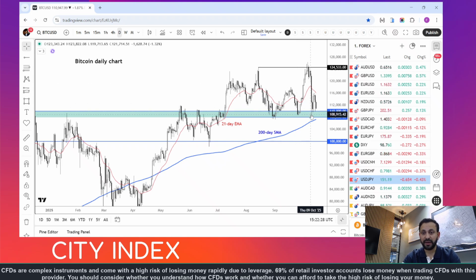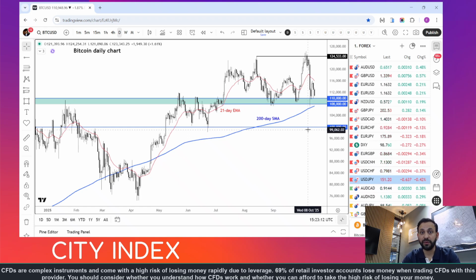Now, for me to get bearish, we would need to see a clean break below this support area between 108 to 110,000, where we have previously found resistance and support in the past, and we have the 200-day moving average converging there as well. So any move below that could potentially pave the way for a move down to 100,000 again, which is the next key level of support. And then below that, it's anyone's guess how far it could fall if things start to roll over. But for the time being, let's just concentrate on this area of support and let's see if it can hold.